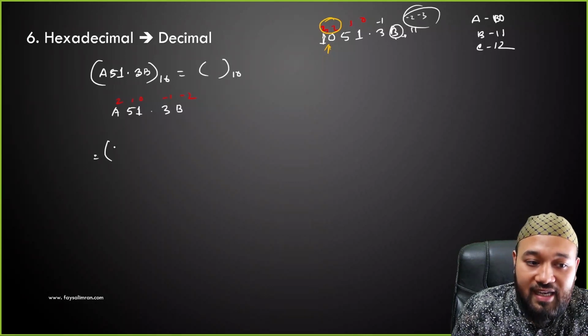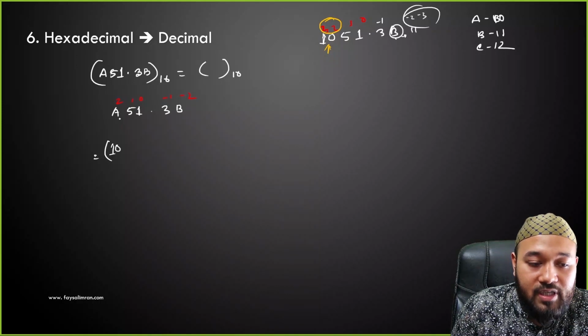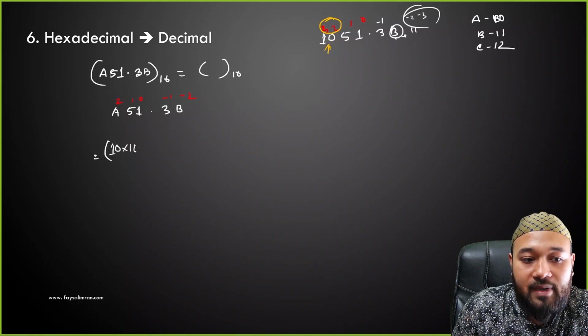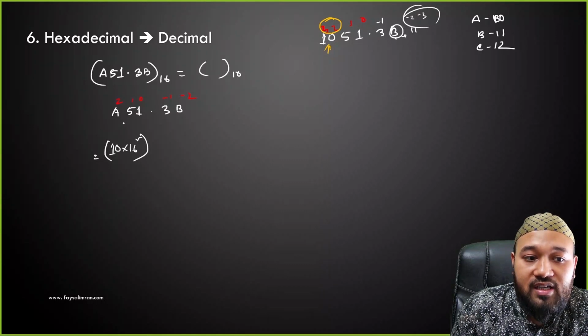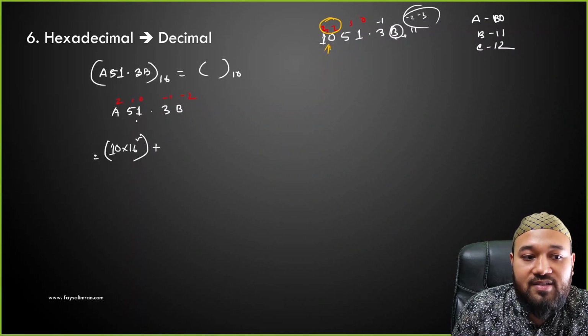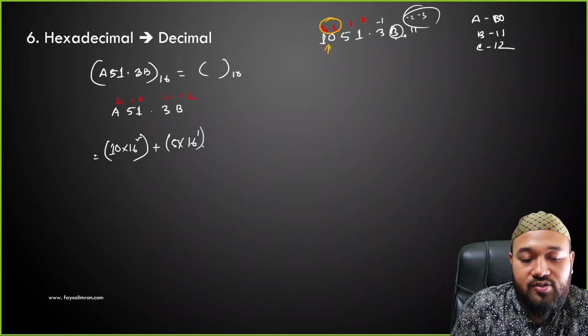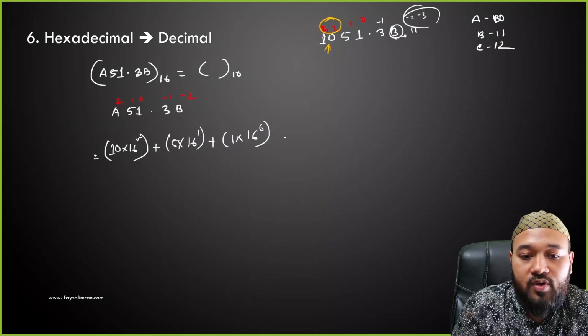That's why we write 10 in place of A and multiply by 16, and there is no problem because we do not make multiple powers for A, we just make a simple power for A. Then plus 5 into 16 to the power 1, plus 1 into 16 to the power 0,